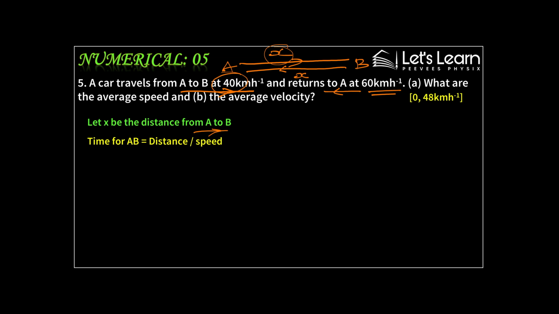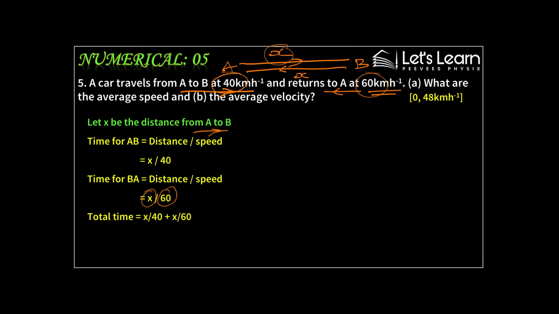Now let's find time taken by the car to travel B to A. Distance is same x and the speed 60 km per hour. So it took x divided by 60 to come back. How much is the total time? You add them together. x by 40 plus x by 60. Take LCM as 120. So 3x plus 2x divided by 120, which gives you x divided by 24, the total time taken by the car to go